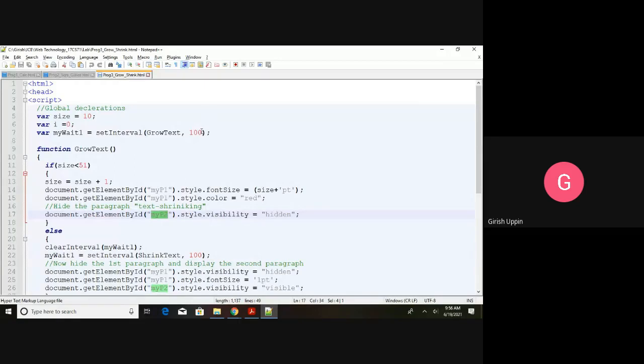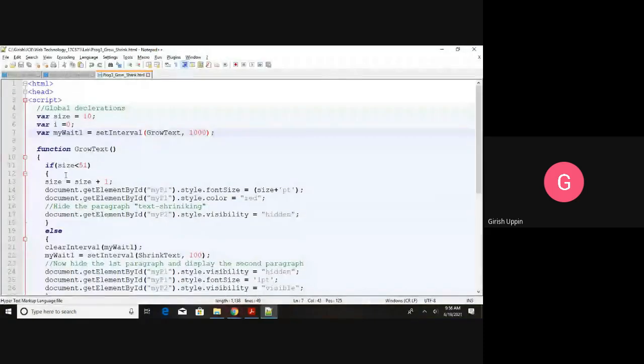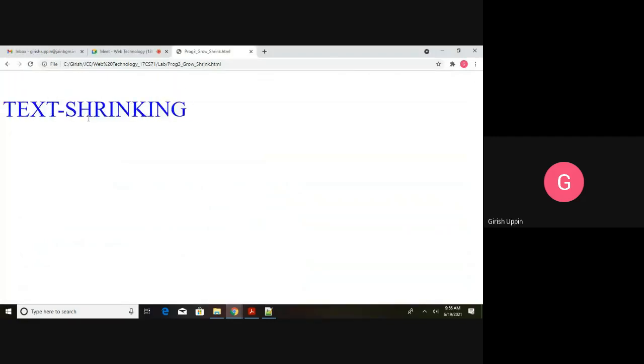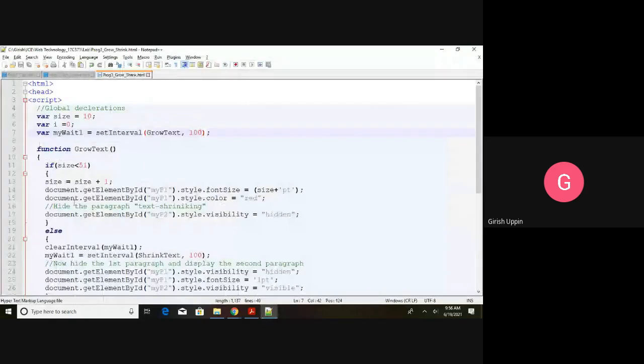Let me increase this. This will become 1 second, which will be very slow. Now you can clearly see every 1 second. Now I have set it to 1000 milliseconds. So you can see this change. Every time this function is getting called, it is increasing, right? So this value is made smaller according to whatever the requirement that is given in your problem statement, that is 100 milliseconds.